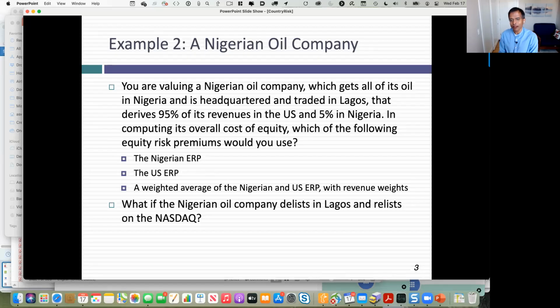So when I look at natural resource companies, and we're going to look at a couple of examples, I'm going to use where you get your oil as my basis for equity risk premiums, not where you sell your oil. You sell into a global oil market. I've now opened the door saying some companies I use revenues and some companies I use production or operations.